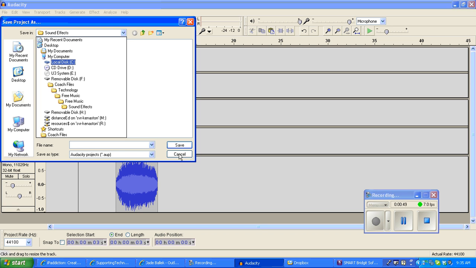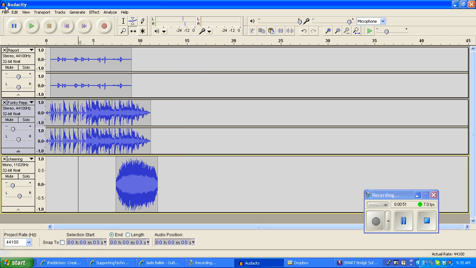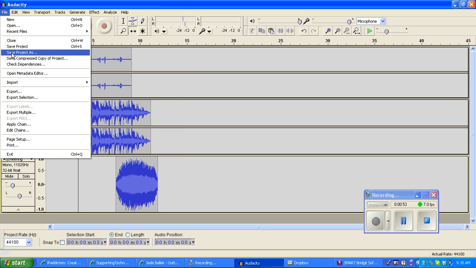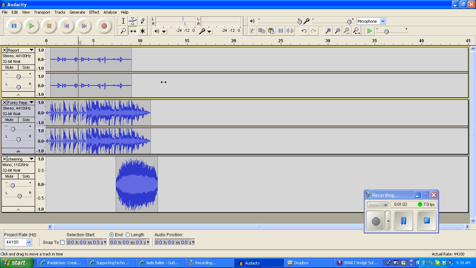So you'll have to choose that File, Save As if you have not completed it, if it's a rough copy. And you're going to want to keep a rough copy anyways, in case you want to go back and make changes ever. When you're done and it's your good copy and you're ready to share it, then you would go